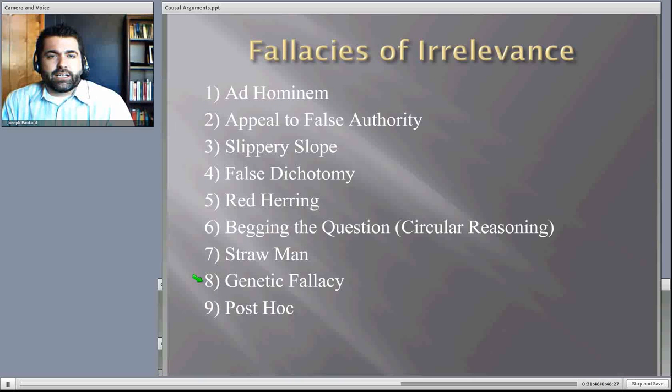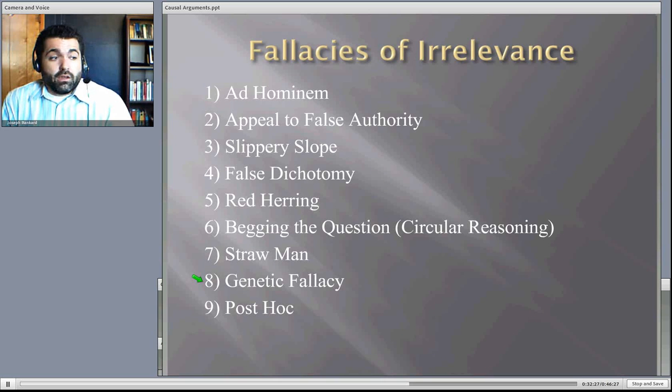This is when you attack a person's character rather than their ideas or arguments. This happens all the time. I just taught a class and we were talking about evolution and other things, and a student said, well, Darwin was a racist. And so, we can't really trust evolution. Again, that's attacking Darwin's character, and maybe that's true, right? Maybe lots of people in the 19th century were racists. So maybe he was, but that has nothing to do with whether evolution is true or false. It's totally irrelevant, right? Evolution fails or succeeds based on scientific evidence, not on the character of the scientist in question.